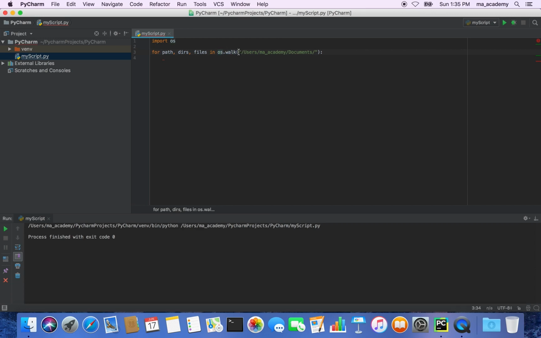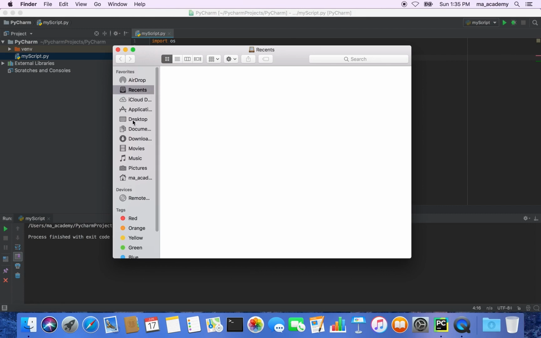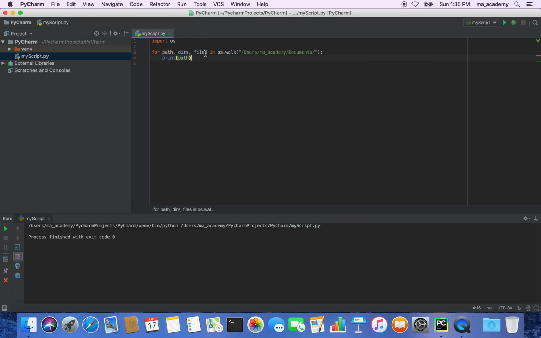Now we are passing in this location to the walk function. Once we pass it, we say print, and then we print the path. So before we do it, let me go to the Finder. In here, if I go into Documents, you can see that I have three directories in my documents directory. Now if I go back